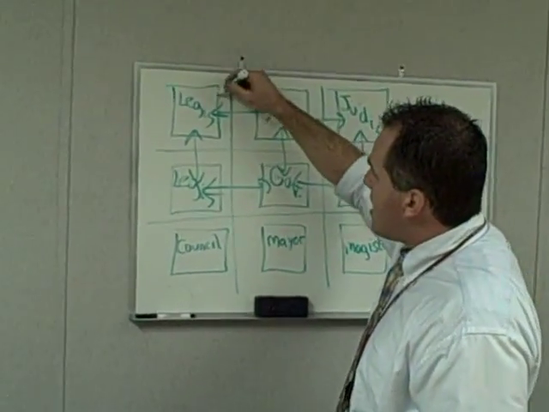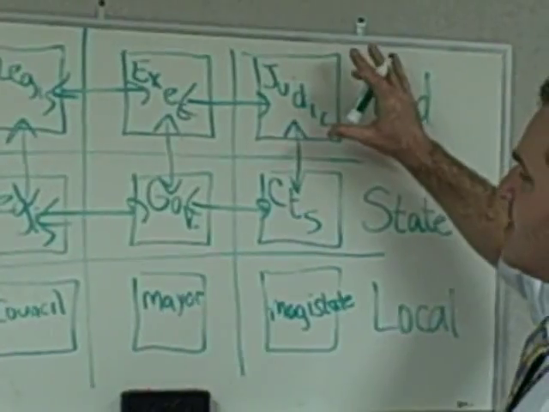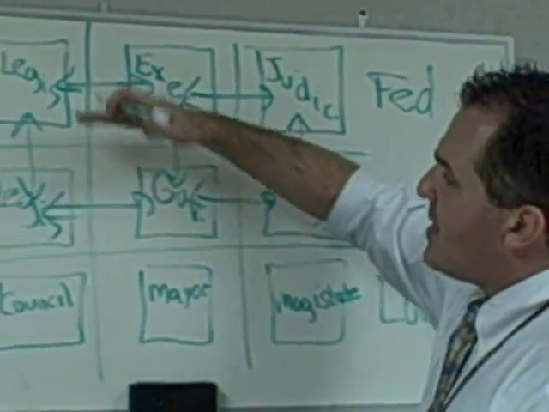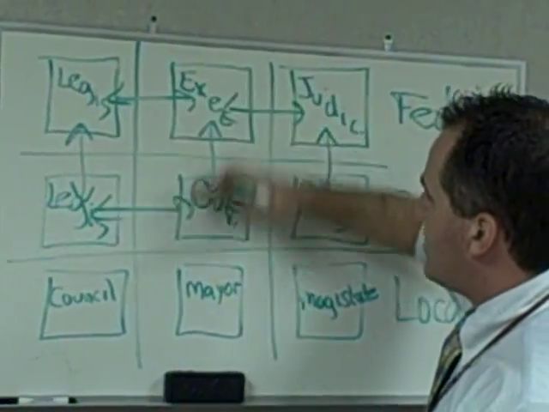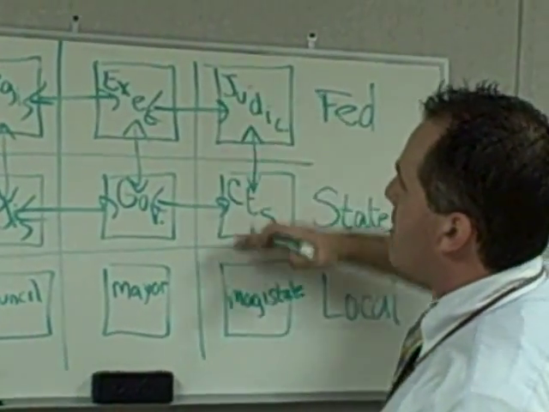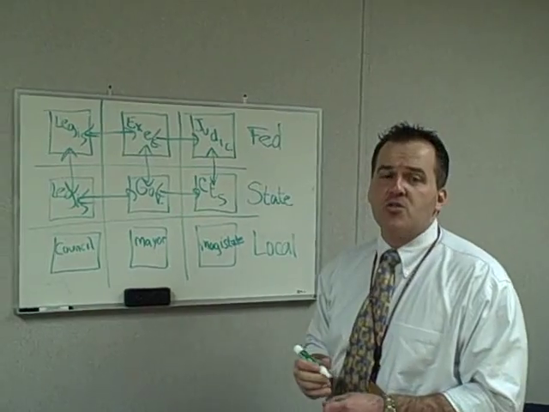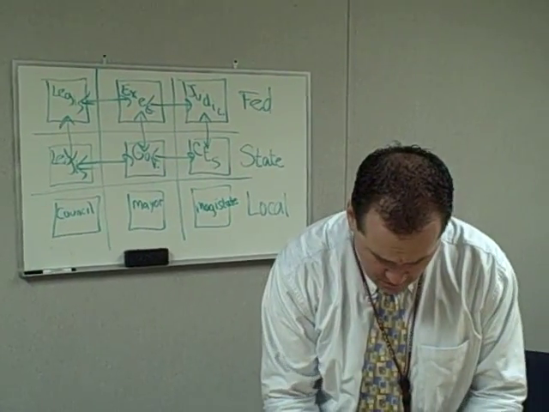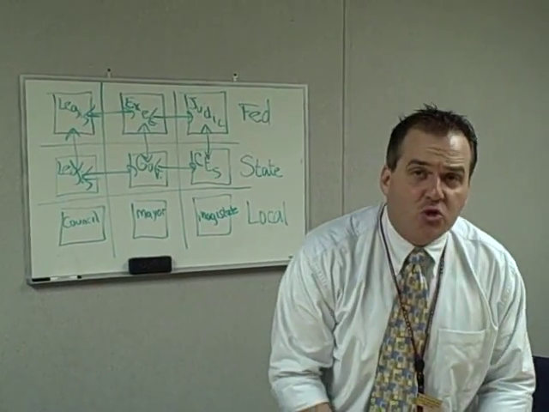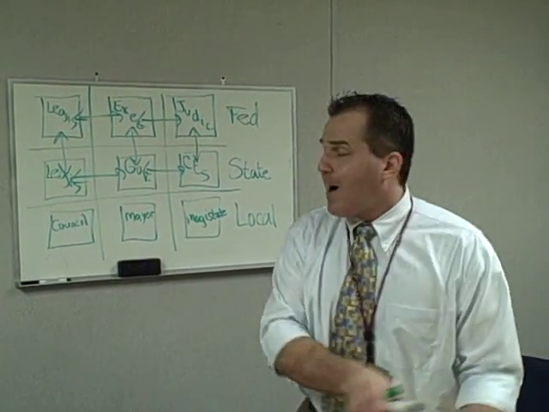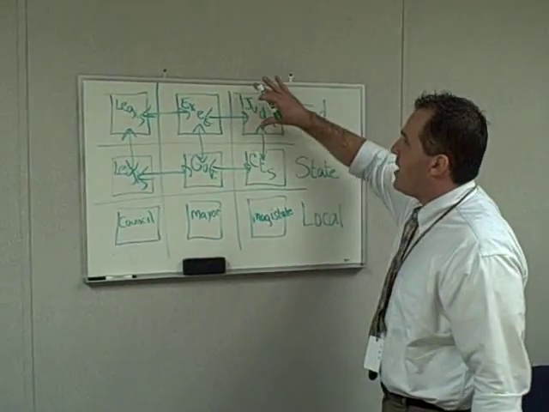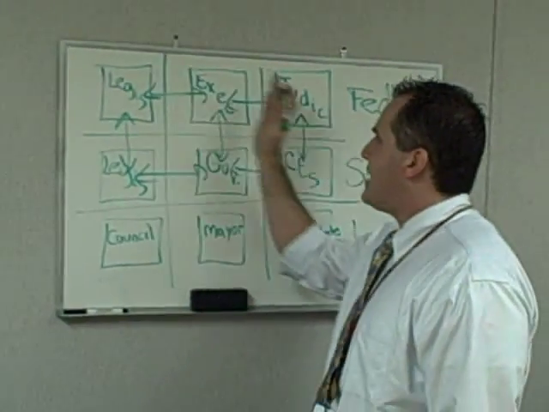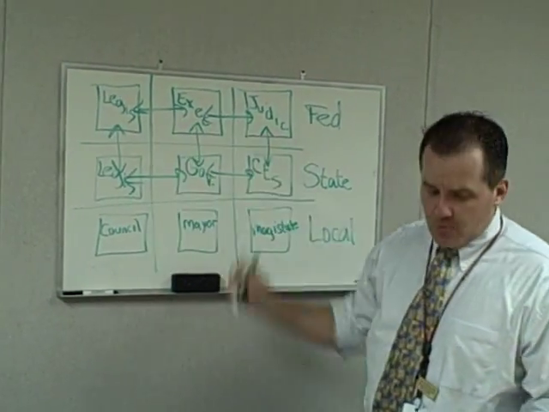Having said this, not only are the individual branches going to be fighting, but the individual levels of government are going to be fighting. Meaning there's going to be a natural push and pull, if you will, between the federal and the state governments. So the gist of federalism, very simply, and let me read this off of Federalist number 51: you're going to try and preserve the liberty of the people by dividing the government amongst itself based on federal, state, and local, but between itself as well, between the different branches.